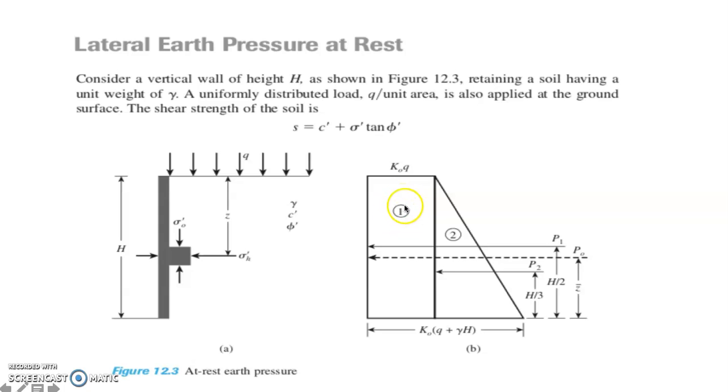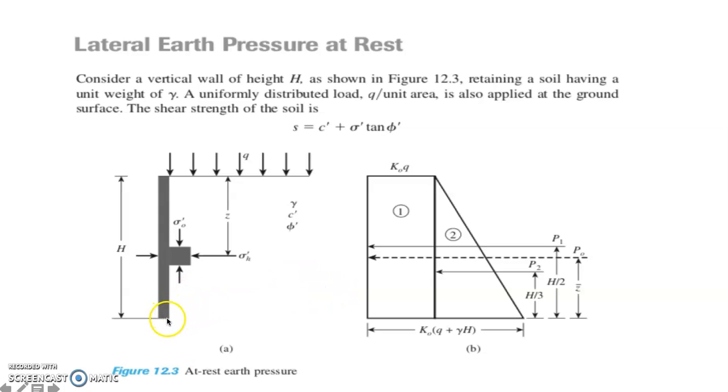So you just get the area for this figure, and get the area for this figure. For this figure, that would be your P1, that is the force. And for this figure, figure 2, that would be your P2. So that would be the force. Then you can get now your resultant, which is denoted by PO. Once you have that PO, you can locate the location of your PO. You can have summation of moments.